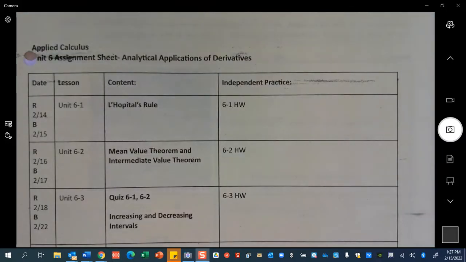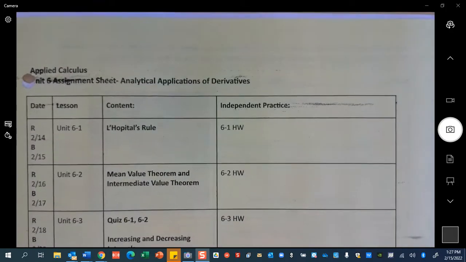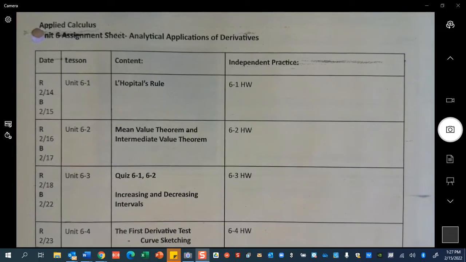Welcome to Unit 6. We'll start. We'll just go ahead through and talk about some of the things that we're doing. A couple different spellings of this dude. His name is L'Hopital. L'Hopital. And